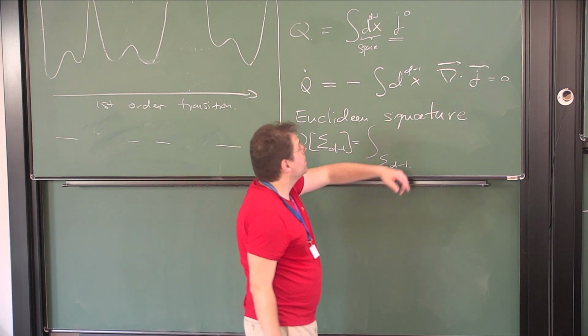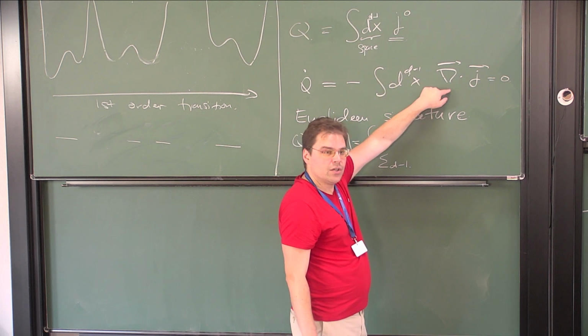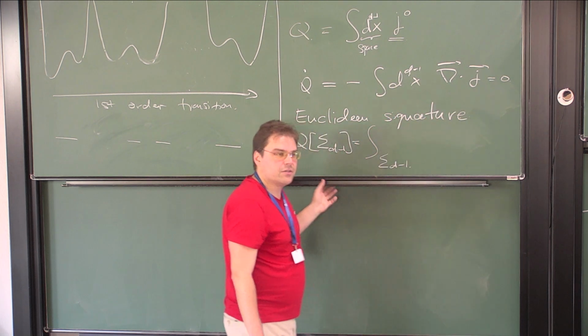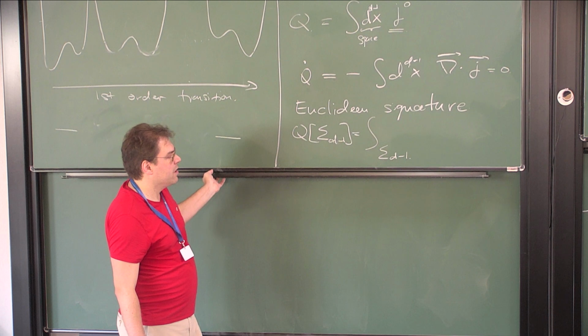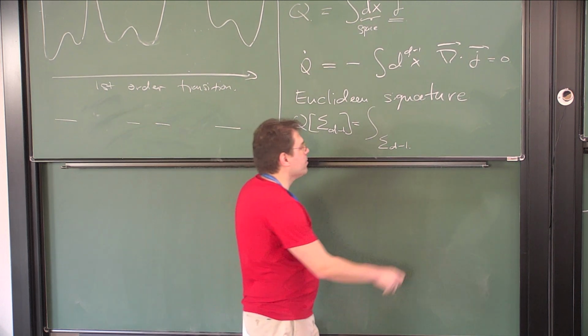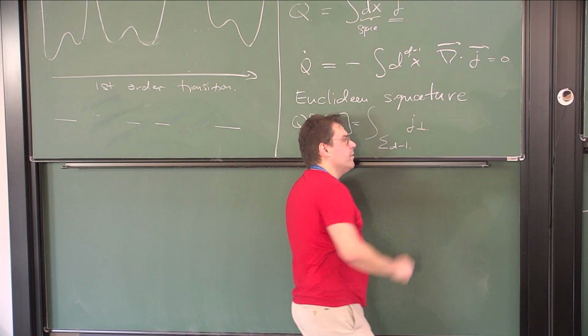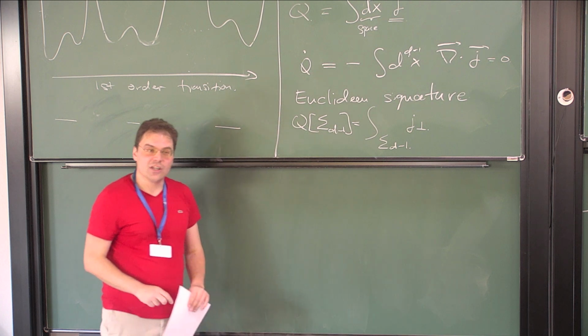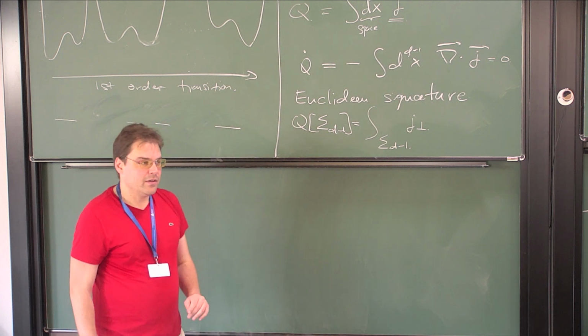And the way we do that is we still want to use the current conservation equation, which involves the divergence theorem. So what we do is we integrate the normal component of the current in Euclidean spacetime over this